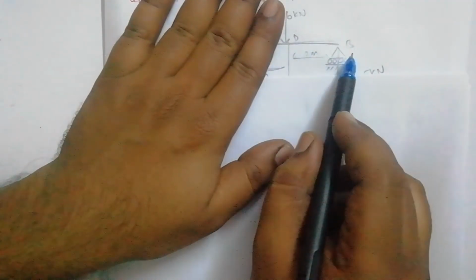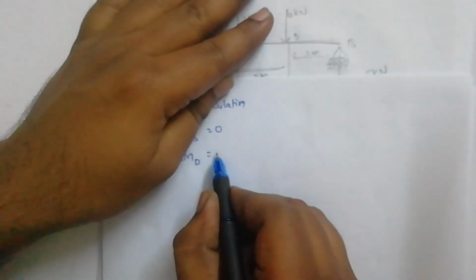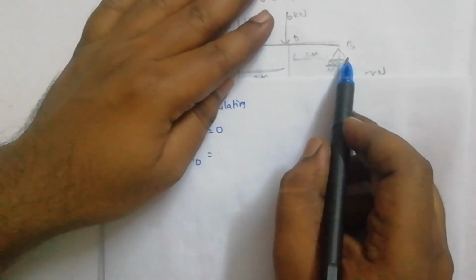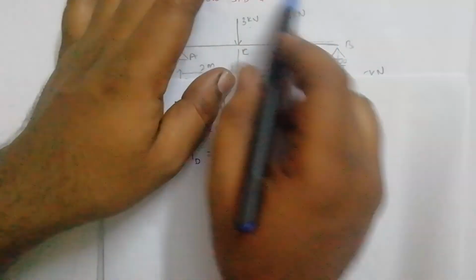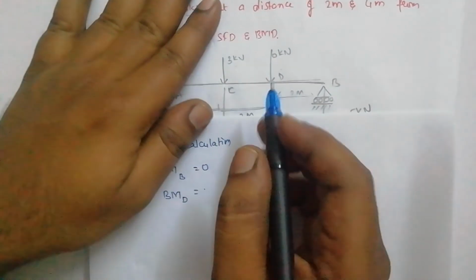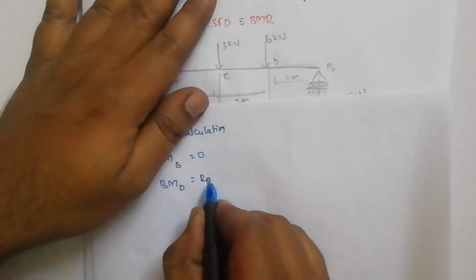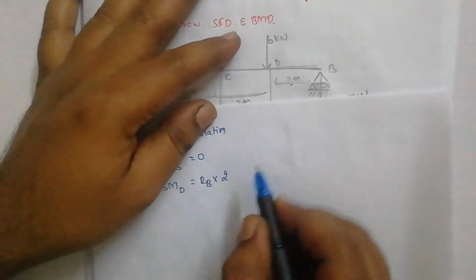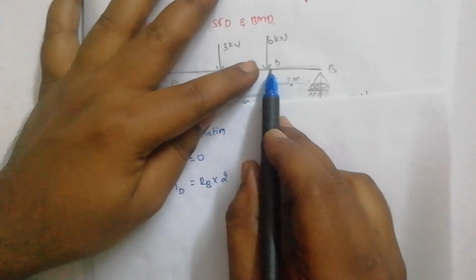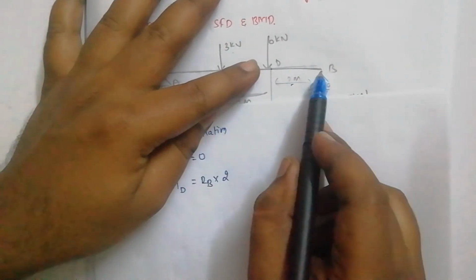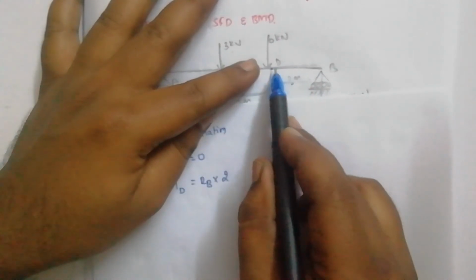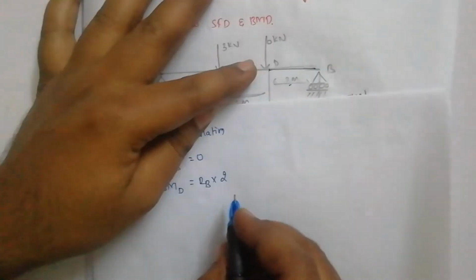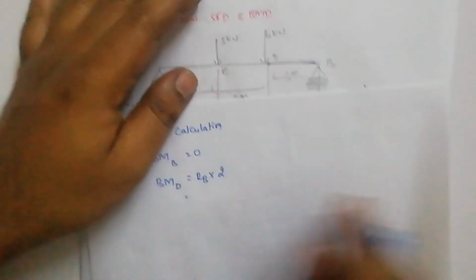Next is bending moment at point D. When I do point D, we have to take the loads right to it. So we have RB to the right of it, and it is trying to rotate in anti-clockwise direction. That is, RB into distance, which is 2 meters. We have to take the distance from the force to the point where we are calculating the moment. So this 2 meters I will take. This is equal to the RB value, we already know it is 5. So the answer is 10 kilonewton.